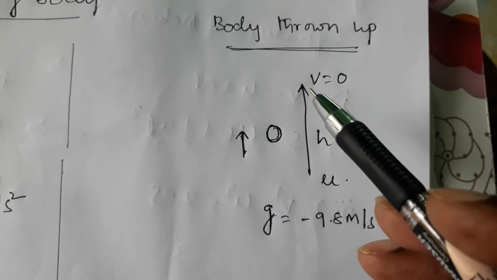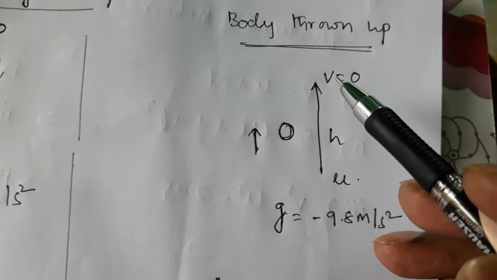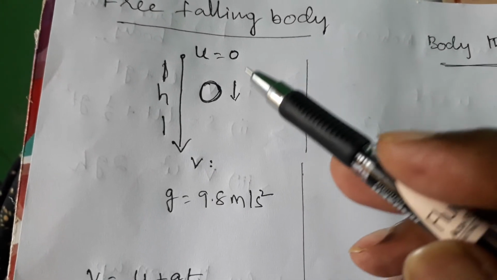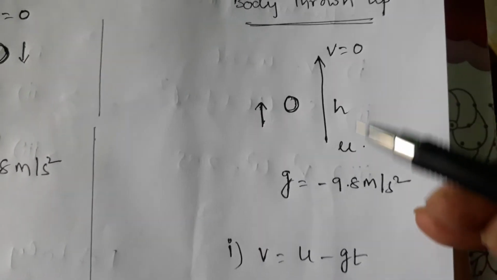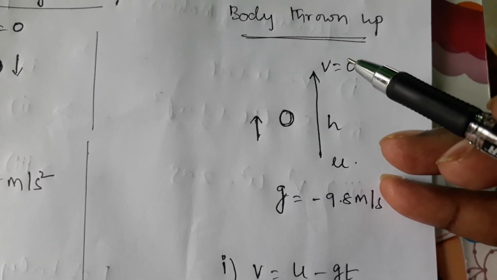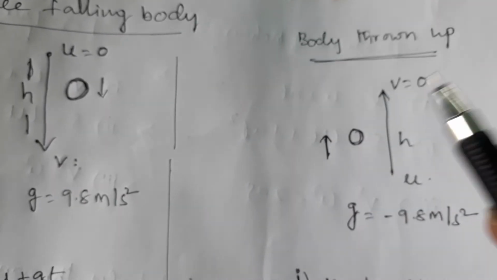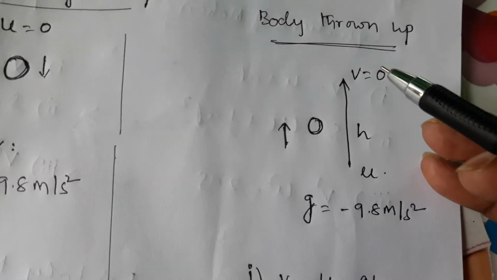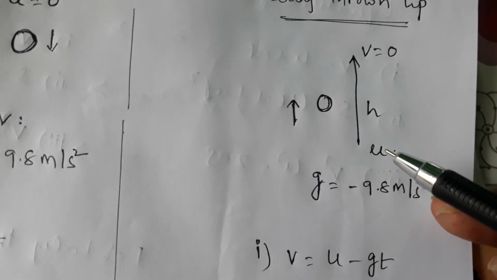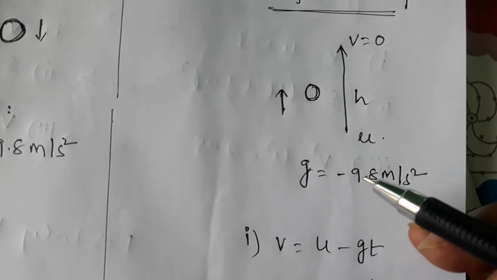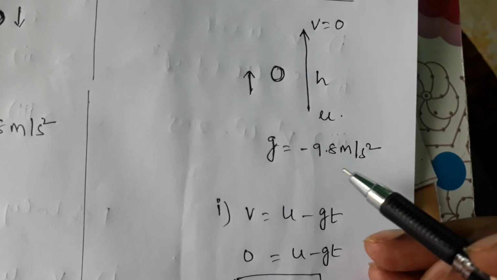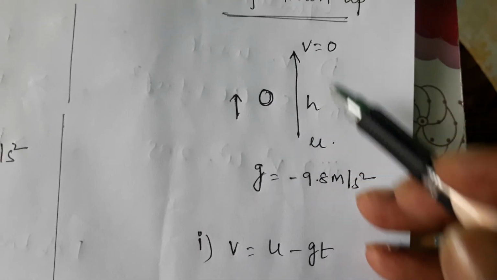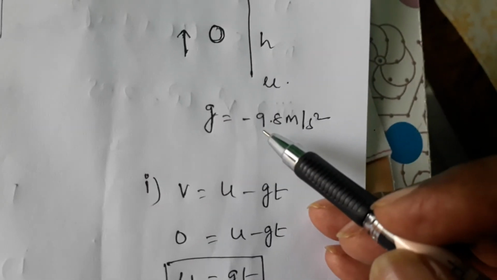Remember it, always at the height velocity is 0. From top to bottom, starting velocity is 0. From bottom to the top when you throw up, the final velocity becomes 0. So always at the height velocity is 0, remember it. Falling down, initial velocity 0; throwing up, final velocity becomes 0, and we are throwing with some velocity, so u has some velocity. You know g is 9.8 meter per second square, already found, but here the symbol changes. Why? We are throwing against gravity, up means against gravity, so minus g you take,